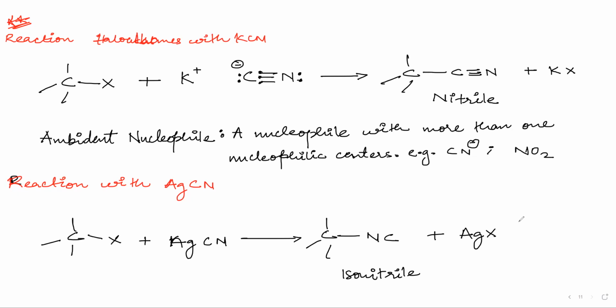And also, between carbon and nitrogen, carbon attacks. Why? Because the carbon-carbon bond energy is greater. Okay, so carbon-carbon bond formation is favoured. The bond energy of carbon-carbon is higher, or I can also say the carbon-carbon bond is more stable than the carbon-nitrogen bond. You can write this down.